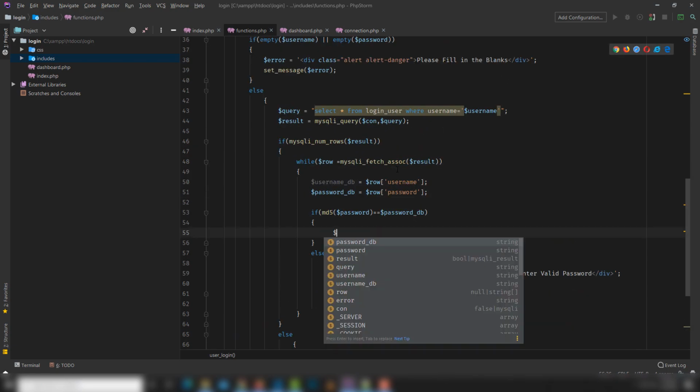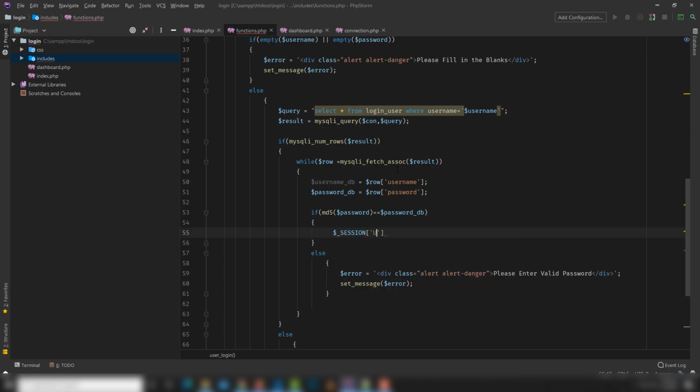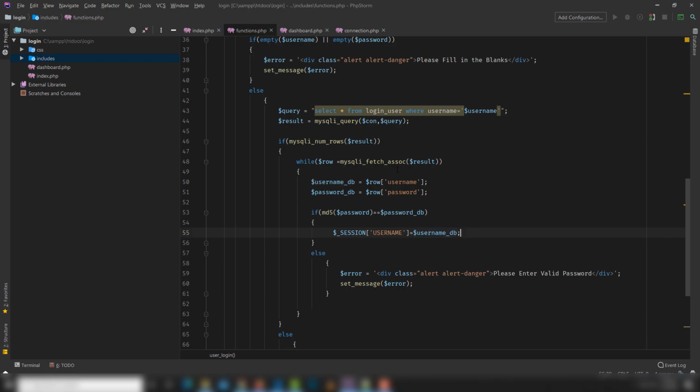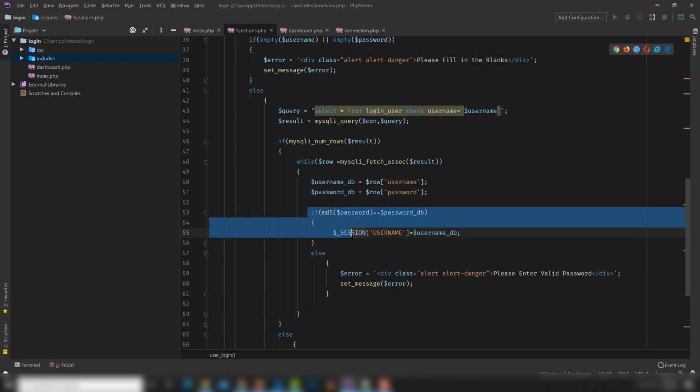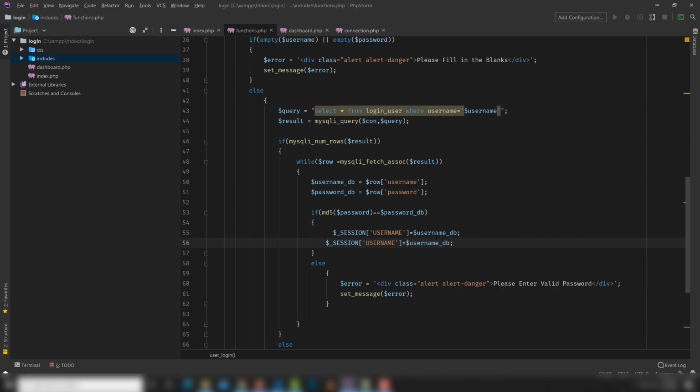So first I'm gonna call session username, and I'm gonna call this one. If both password will match, then I will create sessions and store the database values inside our session variables. We will use the session on another pages. So I'm gonna copy that, paste there, and I'm gonna get also